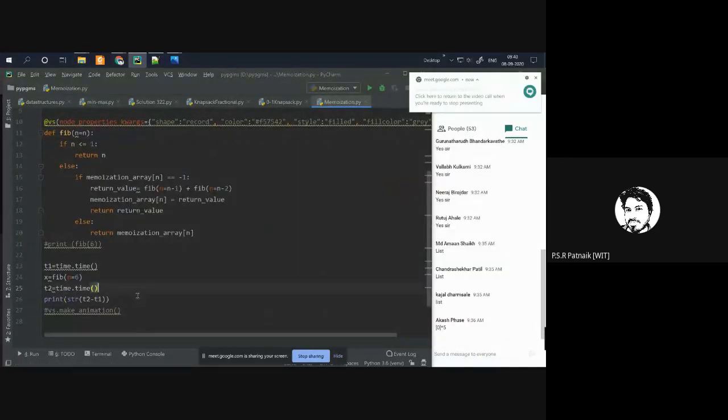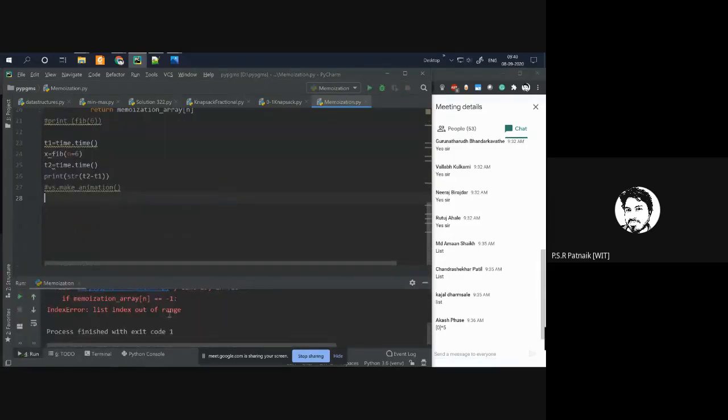Okay. So now we'll quickly check the time, right? I'm not generating the recursion tree. I want to just compare them by time. So if I execute this, okay, what am I getting here, memoization array is equal to -1.